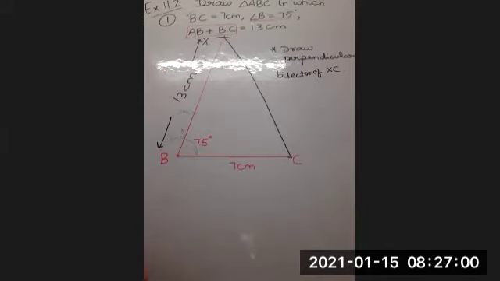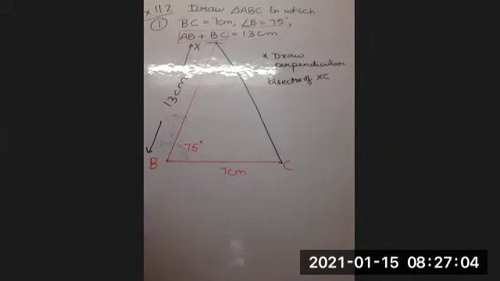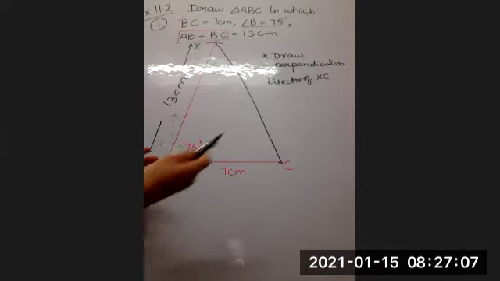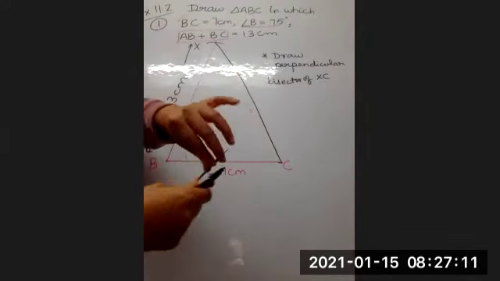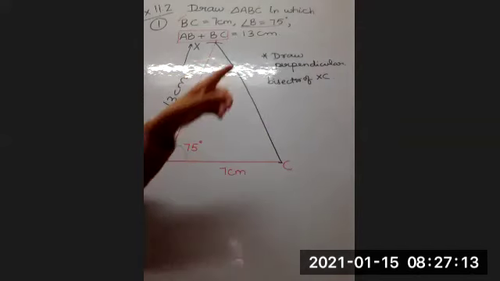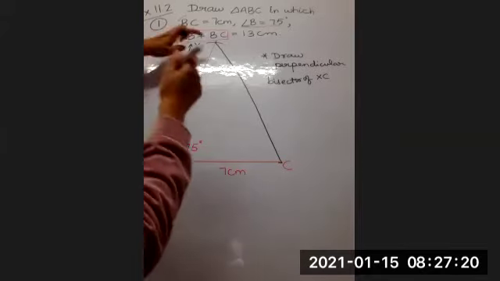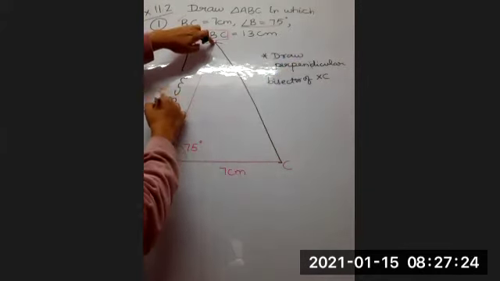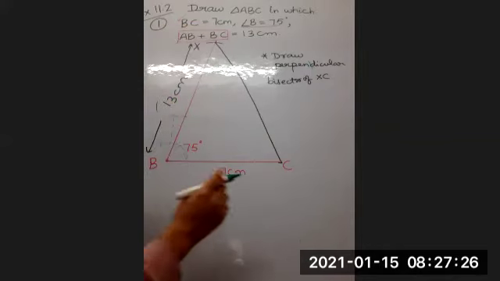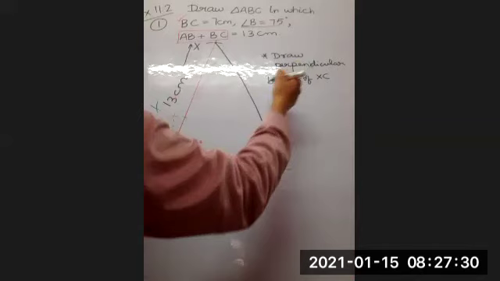Yes, ma'am. आपको आता है perpendicular bisector draw करना? Yes. Of any line, one time keep at X. Open your compass more than half. मेरे पास इतना बड़ा compass नहीं है, children. Open your compass more than half. Keeping at X, draw an arc here. Draw another arc here. You know this concept, na beta? Keeping at C, one arc here, another arc here.